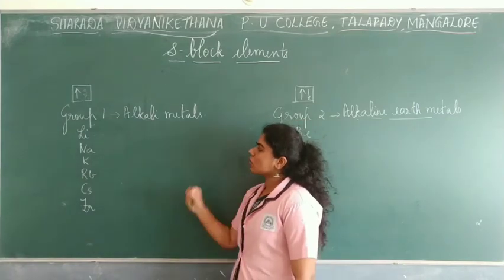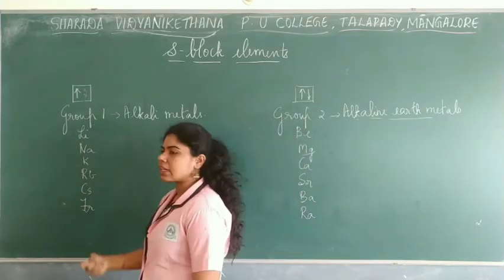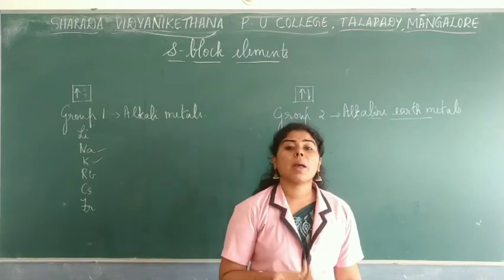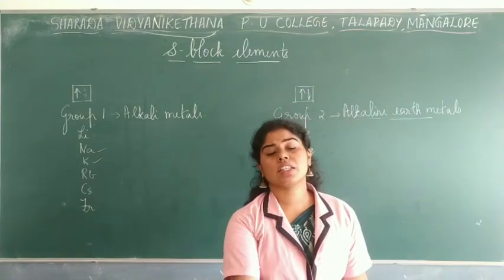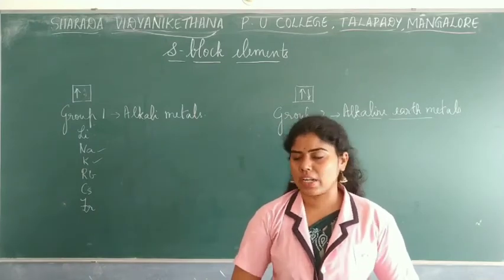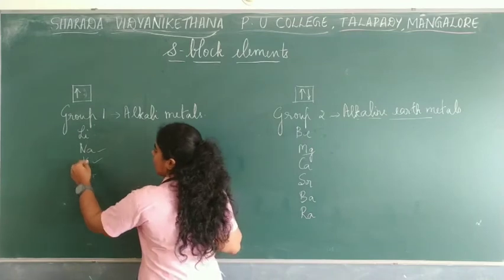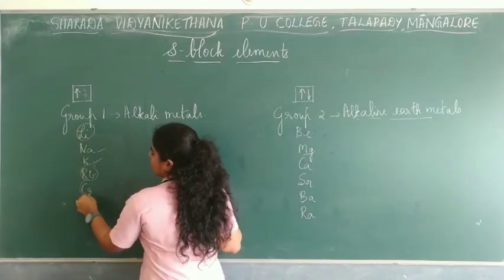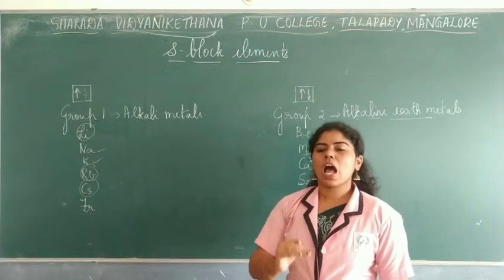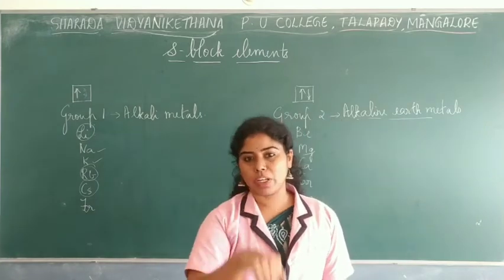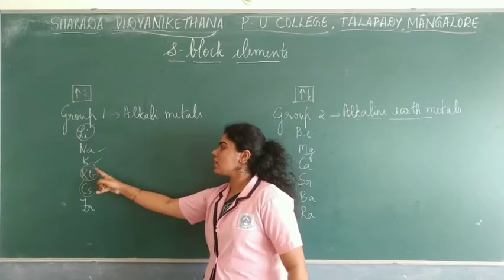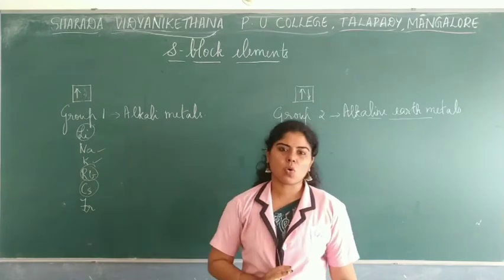Here, as you can see, talking about alkali metals, sodium and potassium are really abundant in nature. They are found in the highest abundance. That means they are easily available, in more quantity. But if you check elements like lithium, rubidium, cesium, all these are found in lower abundance. How much ever is present in nature, the quantity is low when compared to sodium and potassium. Sodium and potassium are much more abundant, and lithium, rubidium, cesium are lower abundant.